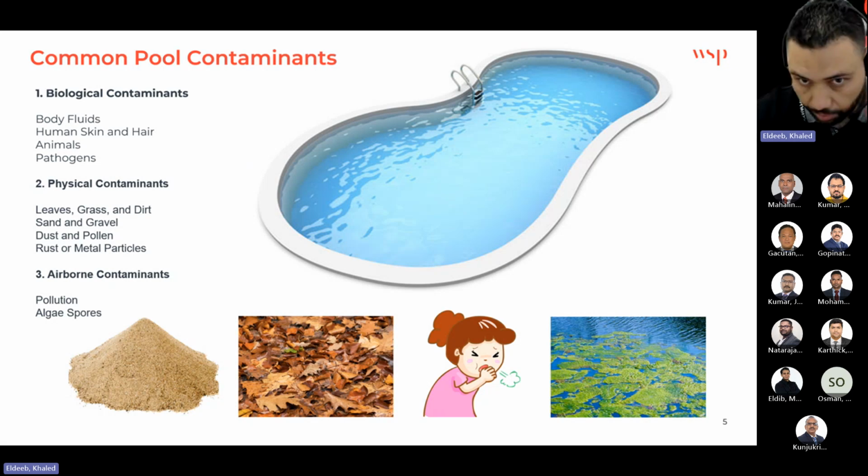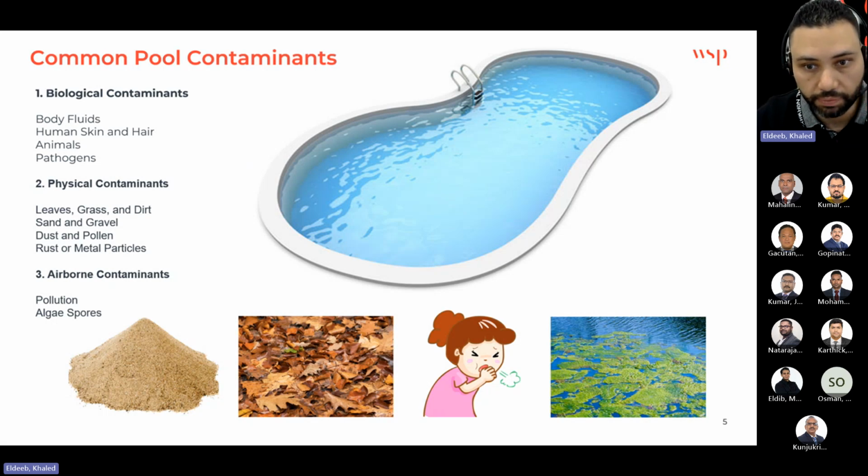So we have biological contaminants, which are usually introduced by humans, animals, and the surrounding environment. We have body fluids, sweating, and urine, too much urine, and we are going to see in the next video, vomiting, blood, and such human waste, skin and hair, also animals like birds, insects, or pets that accidentally enter the pool,